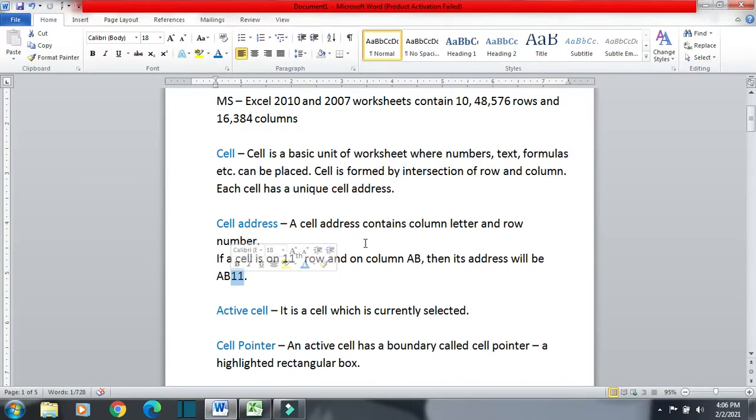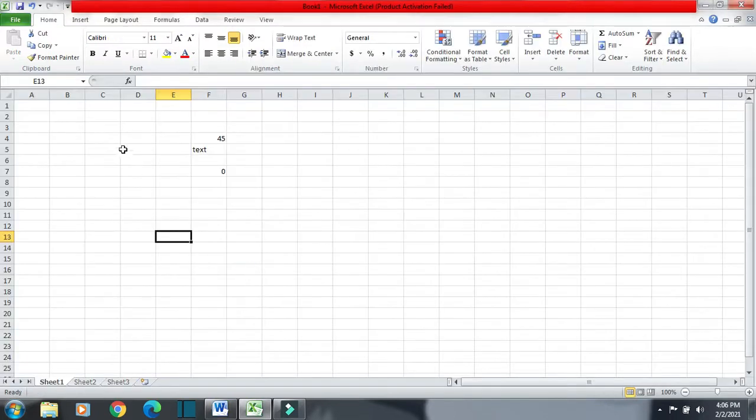So a cell address contains first the column letter and then the row number. Here we can see this is C5. So C is the column name and 5 is the row number. So this cell C5 is formed by the intersection of column C and row number 5.